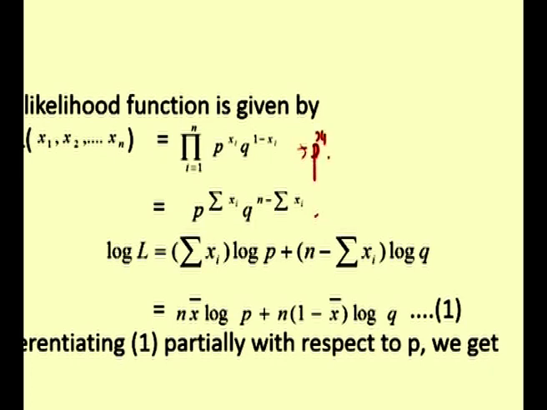p to the power of x1 into p to the power of x2 etc. up to p to the power of xn. The other term is q to the power of 1 minus x1 etc. up to q to the power of 1 minus xn. So here, if the base is the same, you add up the powers, therefore you get p to the power of summation xi. Come to the other term, here also the base is the same, when you add up the powers,